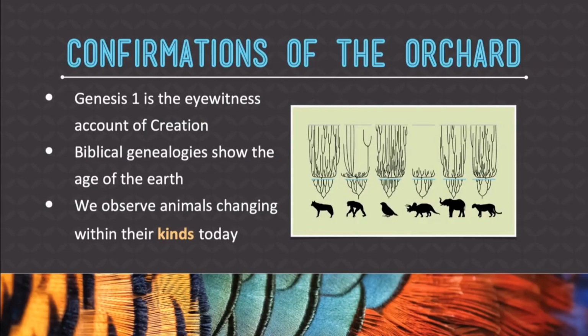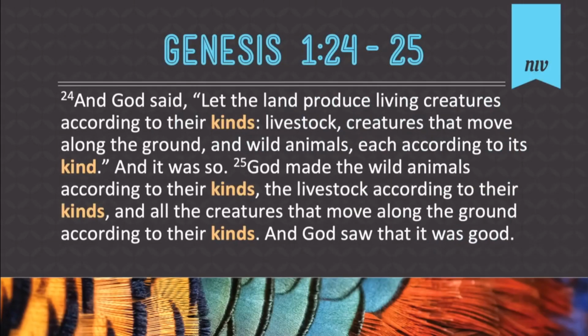All right, so let's go back to that word kinds. What exactly is a kind? Well, let's look at what the Bible says. So right here in Genesis, we get it mentioned a lot. Genesis 1:24 through 25 says, "And God said, let the land produce living creatures according to their kinds, livestock, creatures